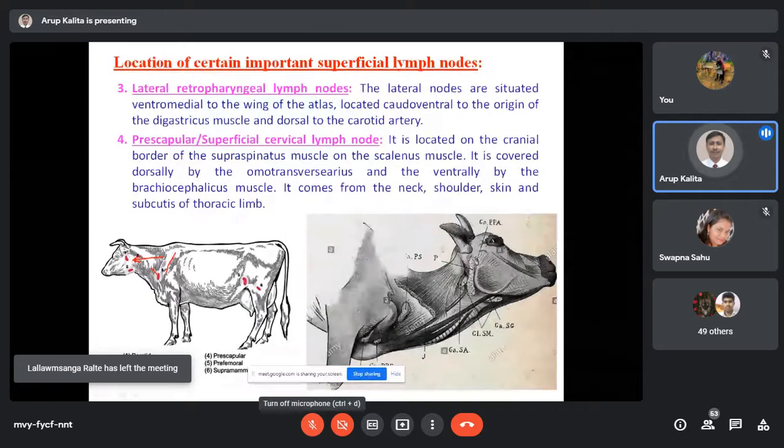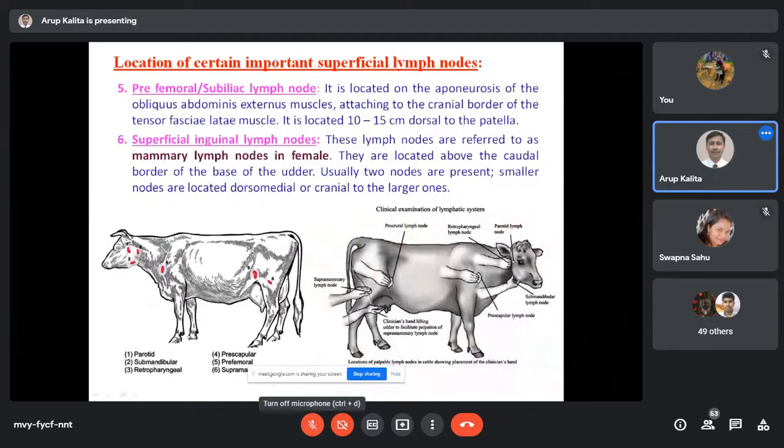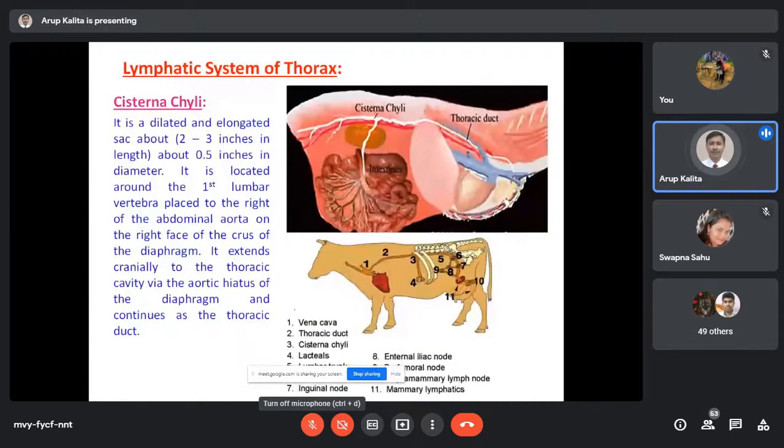This is the scapula, the prescapular lymph node. Next, the prefemoral lymph node, which I already told you about. This is the femur. And number 6 is the superficial inguinal lymph node. So these are called